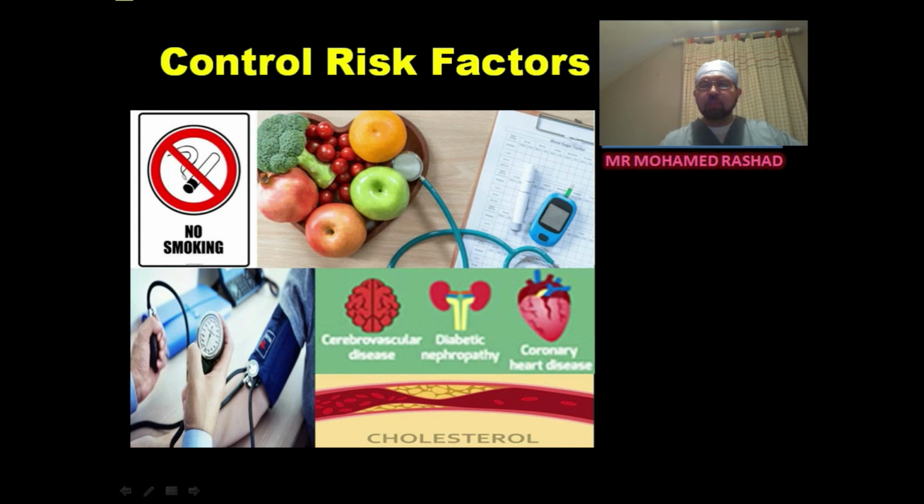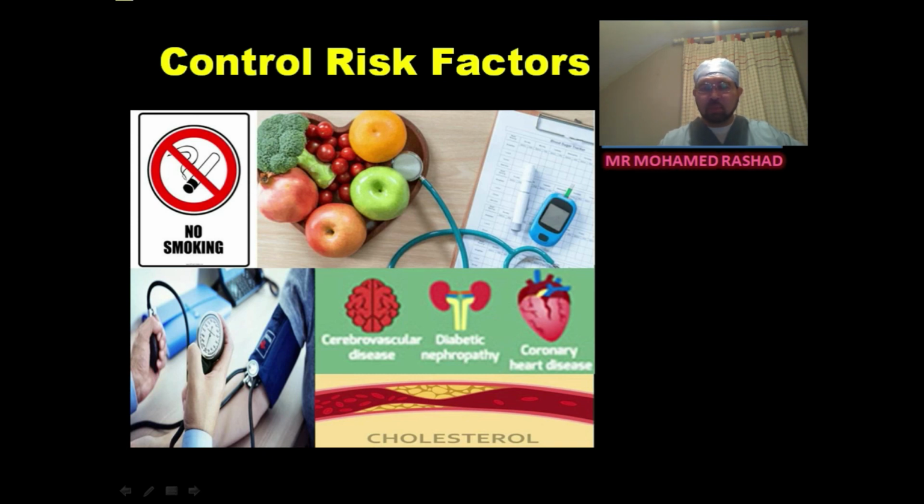factor in controlling this diabetic macular edema is to control the risk factors, which is the diabetes, the blood pressure, the high cholesterol, and the renal status, the smoking. The patient has to stop smoking, and the diet, the patient has to control his diet as well, and to avoid stress as well. So these are the most important